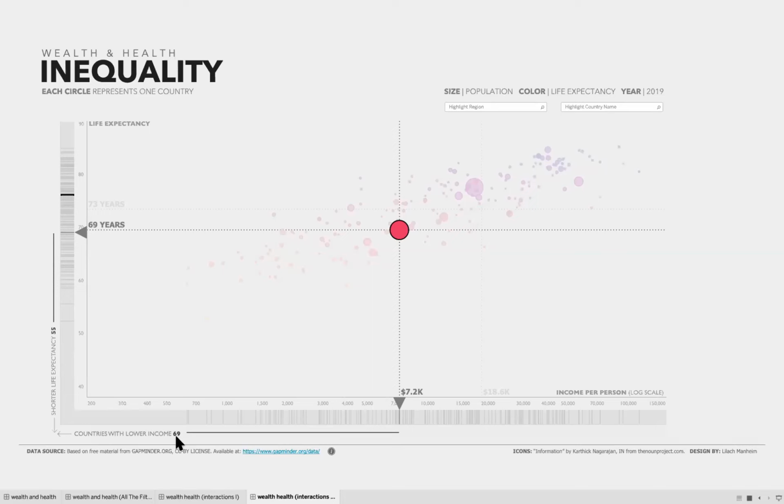So I was going to talk a little bit more about how the questions relate to the choices that I made around the interactions, but I want to be sensitive to all of your time. I think one of the main things real quick is I do love a good highlight action, as you can maybe imagine from these iterations of this dashboard.